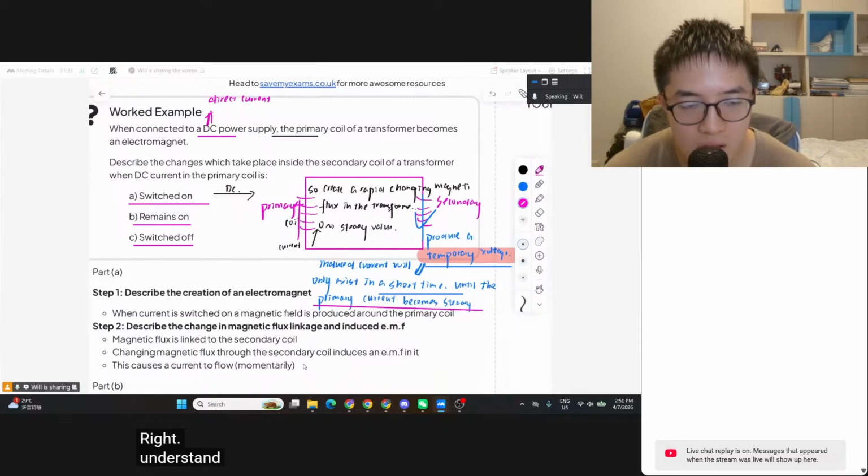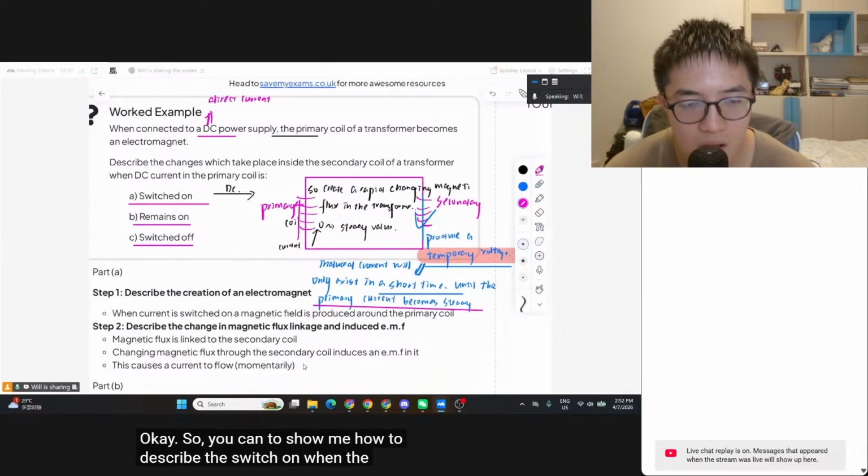After we have described there's the induced temporary voltage, right? And the induced current will only exist for a short time, until the primary current becomes steady. When the primary current becomes steady, the induced current will end, right? Understand? Okay, so after I have interpreted the detailed process,